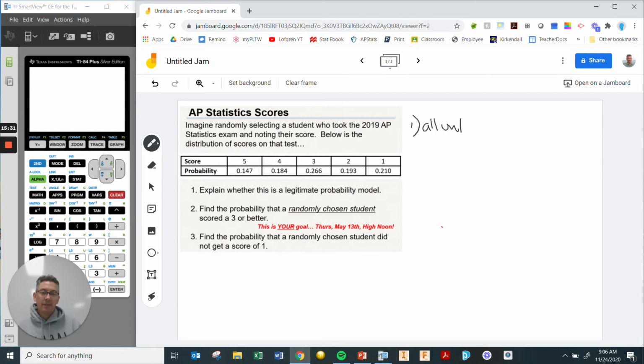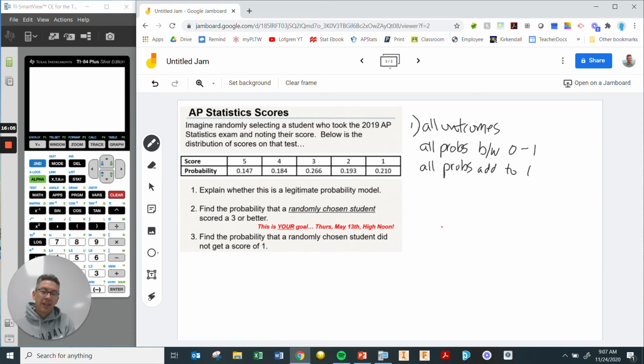So it does have all the outcomes, and I'm going to identify that. The other thing I want to identify is, let's look at those individual probabilities. They better make sense as probabilities, and to make sense, they have to be somewhere between 0 and 1. I don't see any negatives, and I don't see anything bigger than 1. So this is good. All probabilities are between 0 and 1. The other thing we have to check is, do all probabilities